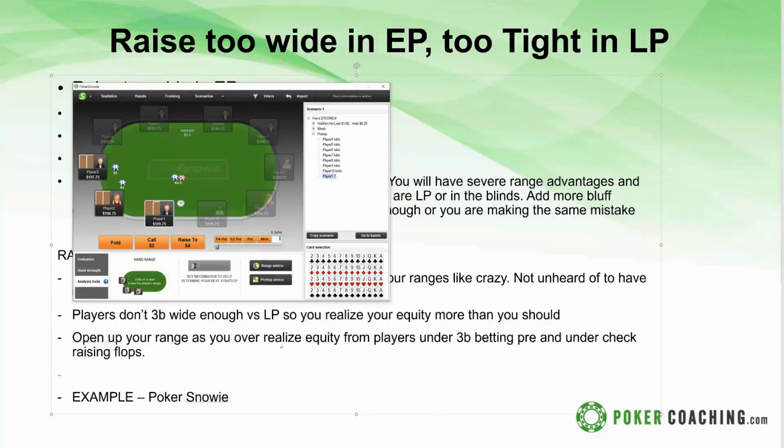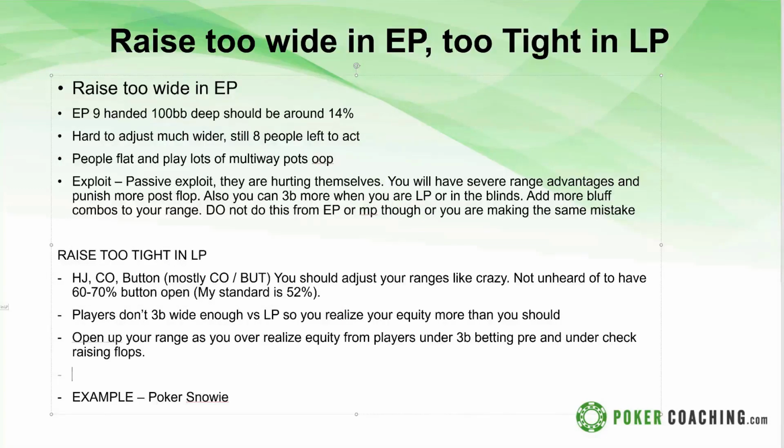And that's going to kind of cover it for early position and late position, raised first in. Again, they're kind of passive exploits, but just keep in mind that, when you're in the big blind and the button's not raising wide enough, you're over-realizing your equity because you don't have to fold now 40% of the time or 30% of the time. So you're exploiting without really doing too much actively. If there's no questions on that one, we'll go ahead and move along to continuation betting.